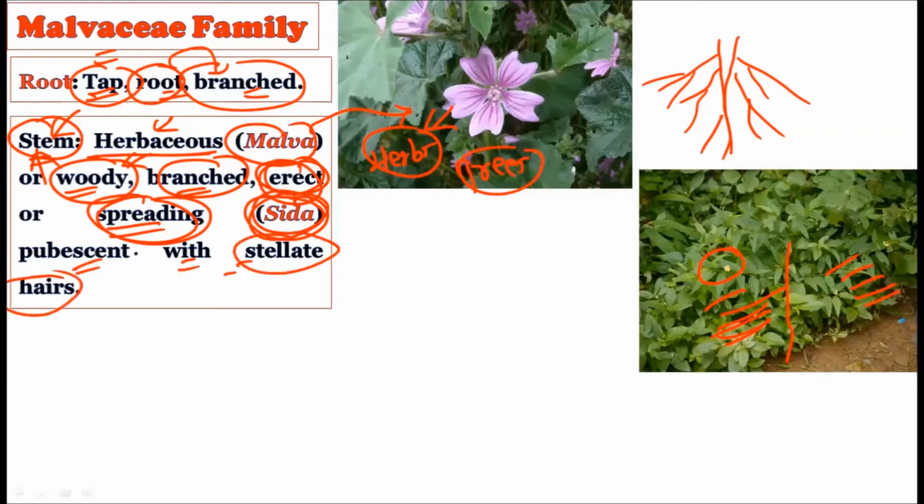Okay, so whatever the pubescent or the young stems are there, these are young stems that show the stellate hairs on them. So you should carefully remember, because this separates this particular Malvaceae family from the rest of the families, because whenever there is a young plant, in their stem they show the presence of the stellate hairs. Okay, so here the roots and the stem of the Malvaceae family look very alike with the other plant family members. Okay, but there are certain differences. For example, there is a presence of the stellate hairs on their young stems.